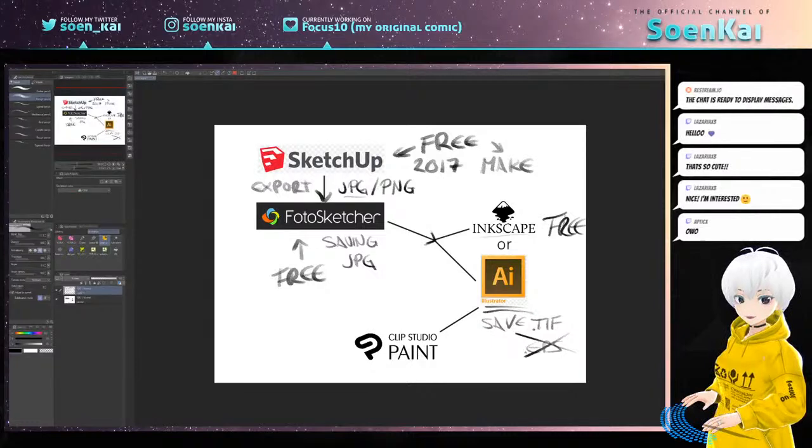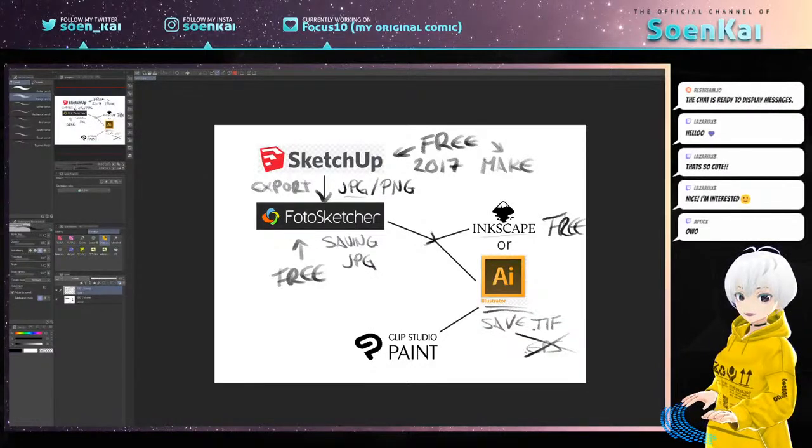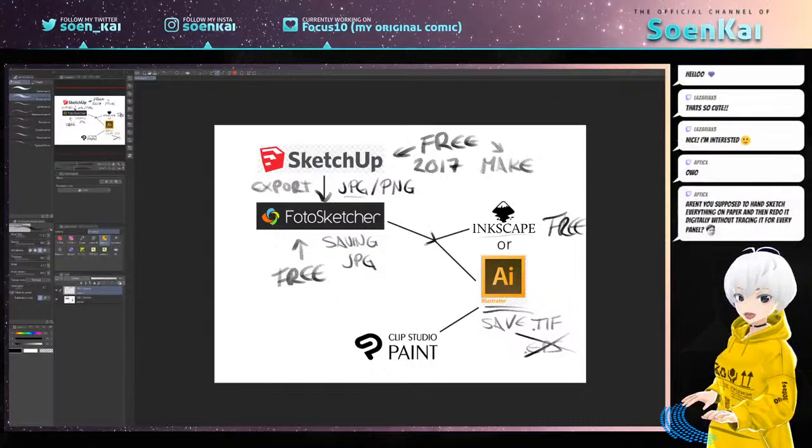Where was I? Yeah, backgrounds. If you're a comic artist and you want to tell a cool story, and you have the ability to draw really cool backgrounds really fast, then all the power to you. I'm not saying that drawing backgrounds by hand is bad, because it's really cool if you can do it really fast. But if you're a comic artist and you have to draw 200 pages in 6 or 7